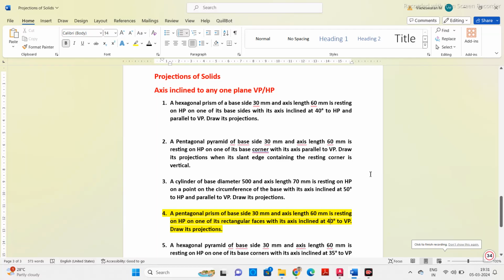Hello guys, in this video we will see how to draw the projection of solids when the axis of the solid is inclined to any one of the planes. In my previous video we discussed how to draw the projection for question 1. In this video we will discuss how to draw the projection in the AutoCAD software for question number